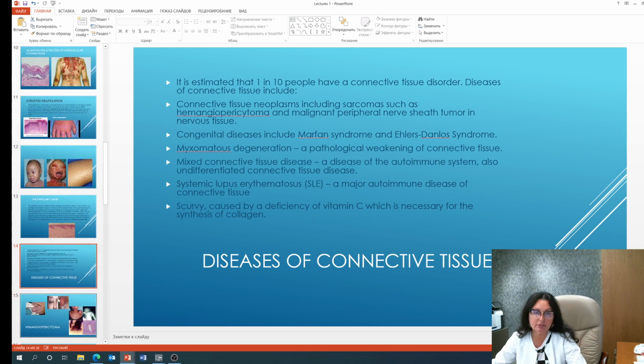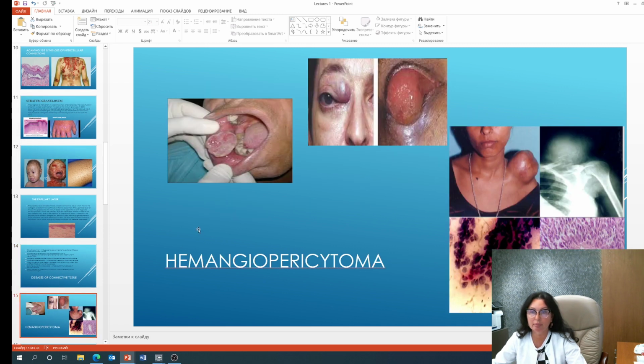This next picture is about hemangiopericytoma, which forms nodules in the skin and mucous membranes, and these nodules grow a lot